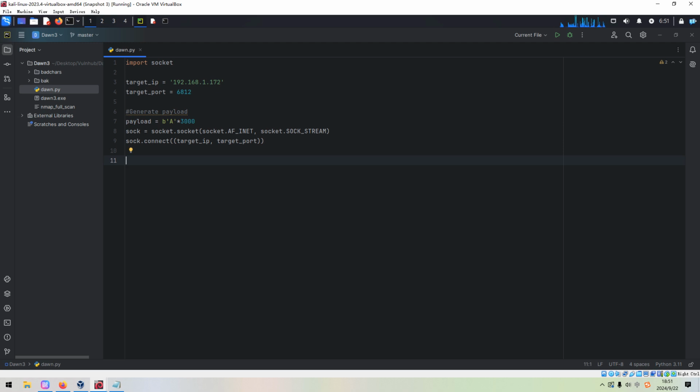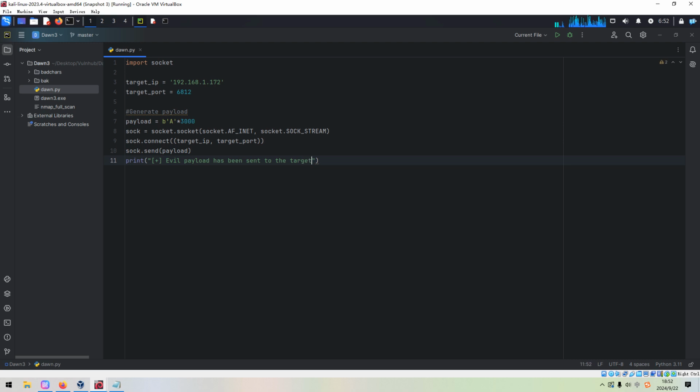And then we can send the payload. Okay, and also we can print the payload. The evil payload has been sent to the target.